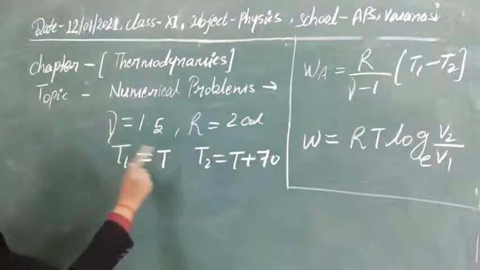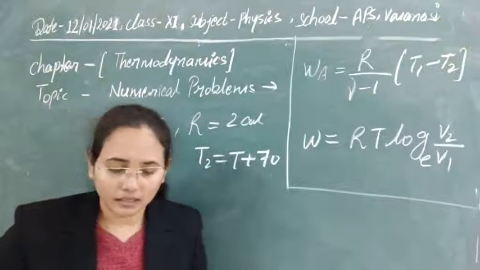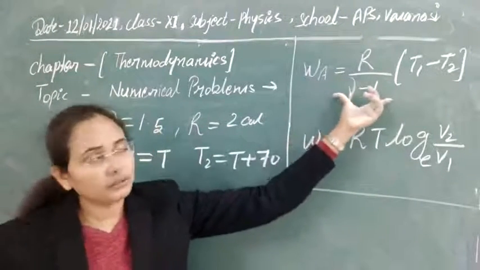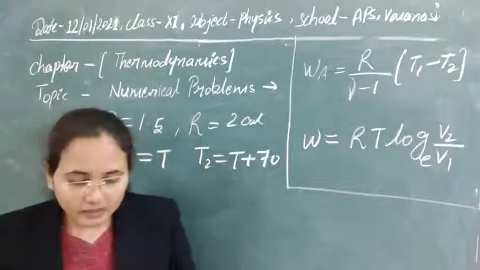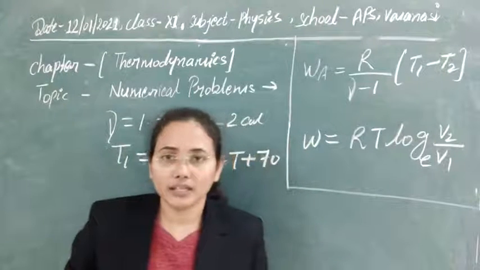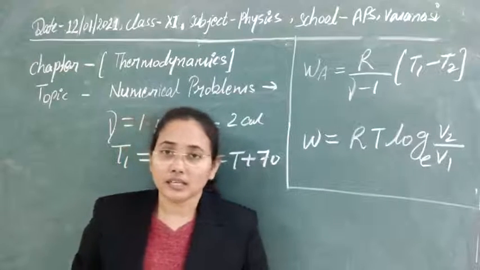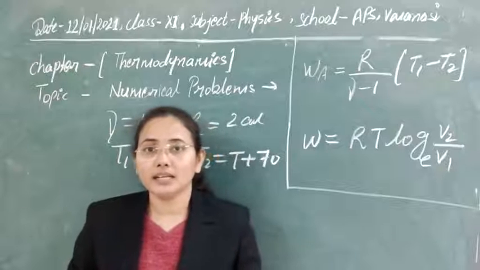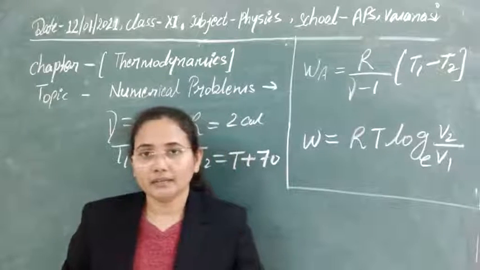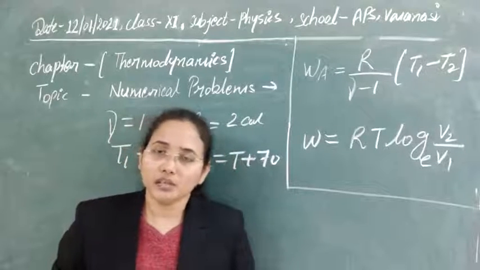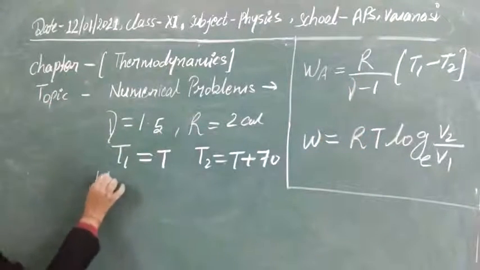So now we have these two values, and we have to calculate the work done during this process. Whenever there is a change in temperature, and it is also given in your question, we use the adiabatic formula. But if it is not given, sometimes you see words like suddenly changed, suddenly compressed, or suddenly expanded. In a sudden process there is no time to transfer heat, so the process is just like an adiabatic process, and you have to use this formula there. So let's use it and calculate the work done during this process.